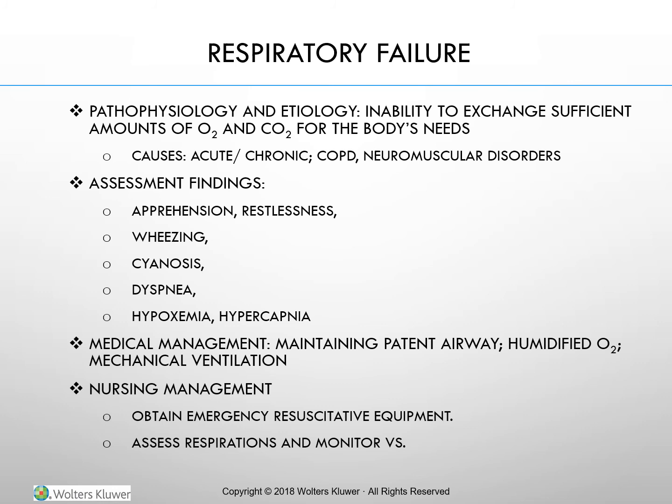Respiratory failure is classified as acute or chronic. Acute respiratory failure occurs suddenly in a client who previously had normal lung function. In chronic respiratory failure, the loss of lung function is progressive, usually irreversible, and associated with chronic lung disease or other disease. Acute respiratory failure is a life-threatening condition in which alveolar ventilation cannot maintain the body's need for oxygen supply and CO2 removal. The result is a fall in arterial oxygen called hypoxemia and a rise in arterial CO2 called hypercapnia,